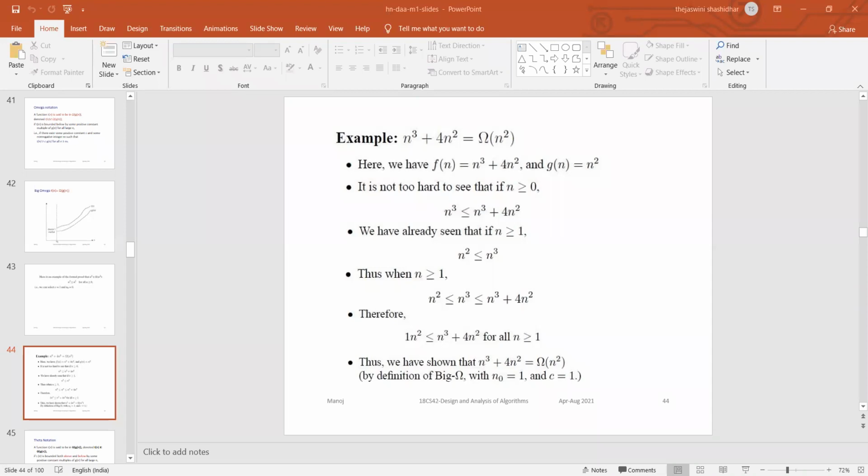Just take the lesser part. If it is n cube plus something, take the n cube part. If it is only n cube, take the n square part. If it is only n square, go with the n part. That is 1n. So anybody who didn't understand this particular thing? If you didn't understand, kindly ask me, because so many problems you will be getting here. Just the thing here is you have to keep on choosing the lesser ones.